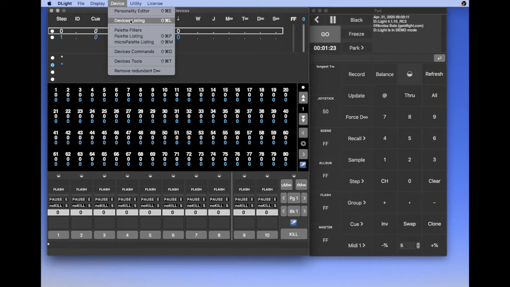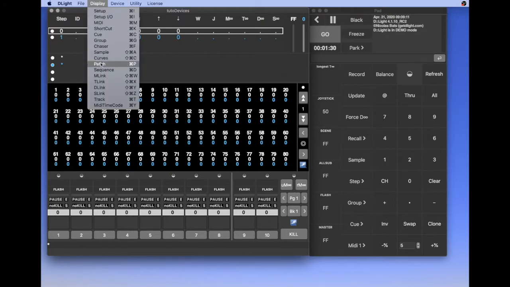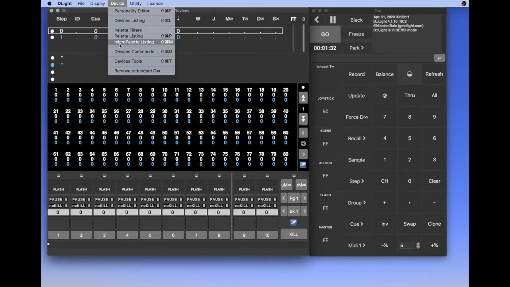When devices are listed and imported in the show, you have to patch them, thanks to the patch menu. Then you use a device command or other tools to record states of devices, and states of devices in Daylight, as in other light boards, are called palettes.